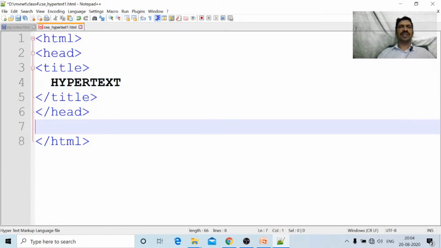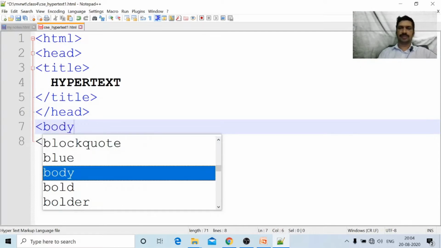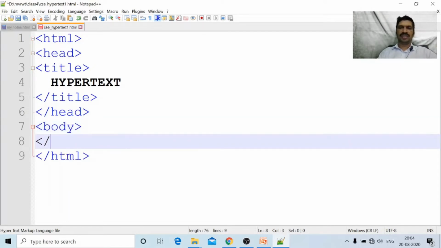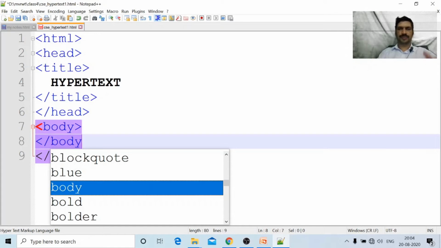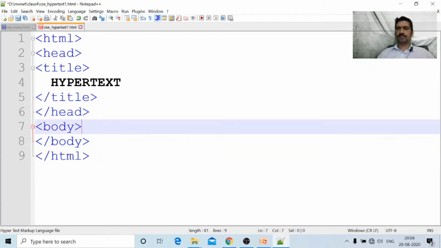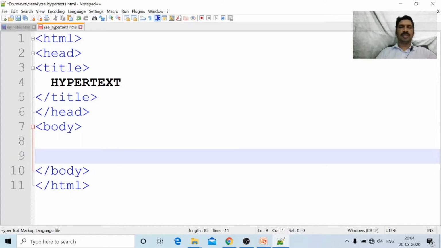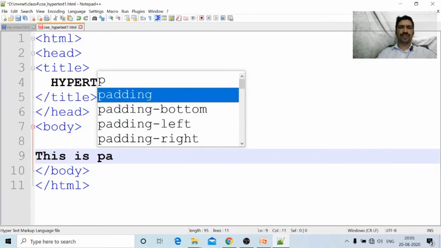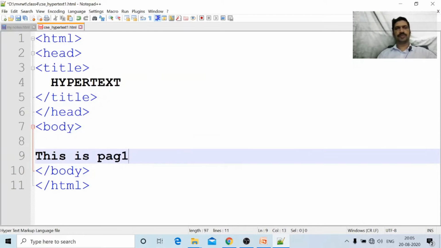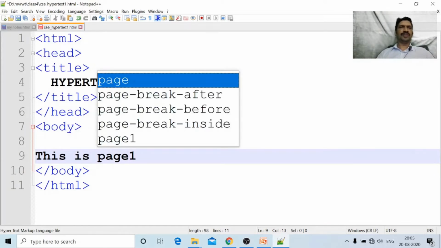After completion of the header section, next is the body section, body and /body. In this body section I am writing: this is page 1. One message is there, this is page 1. What is the name of the file?